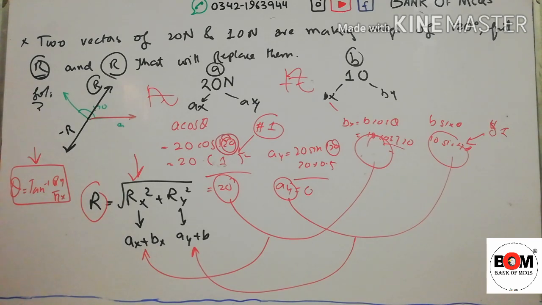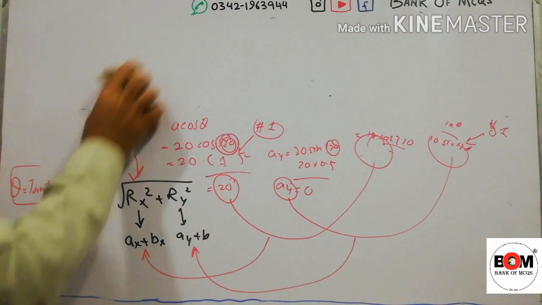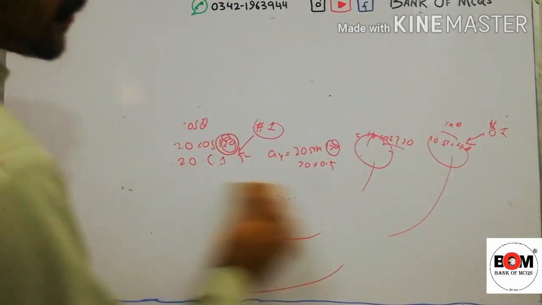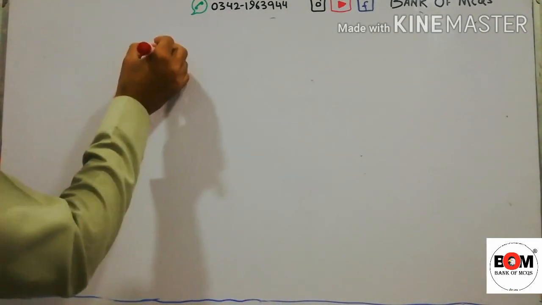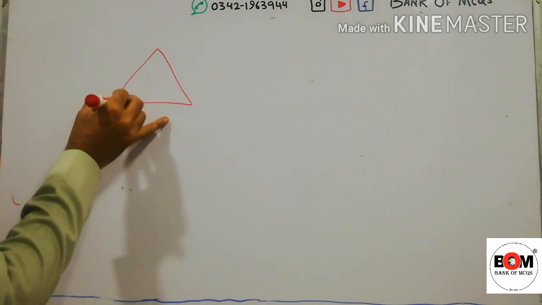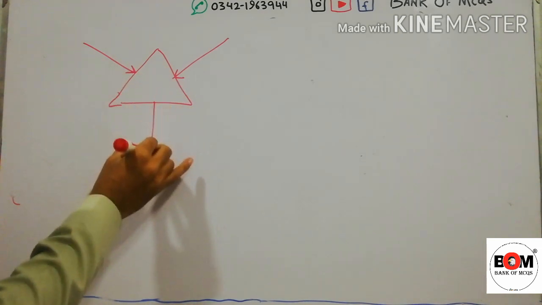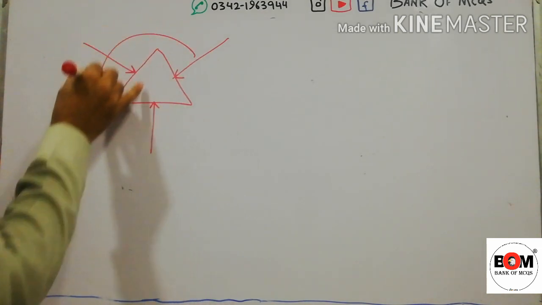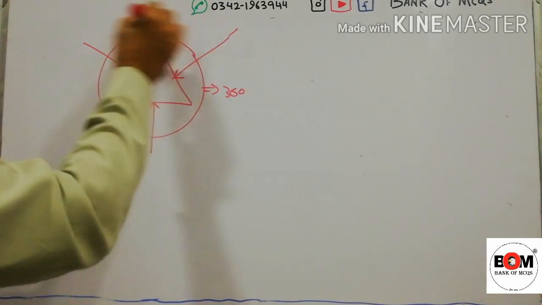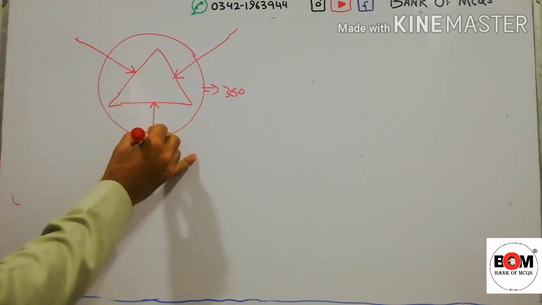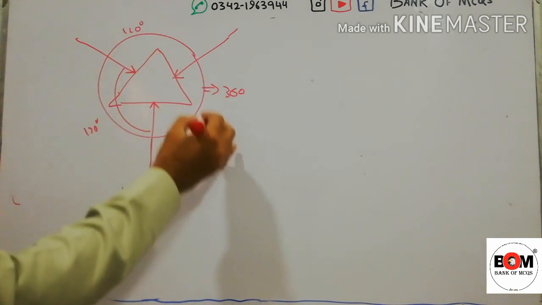Now the next is an MCQ that is important for the exam, that if we have two forces each of magnitude f and the resultant has the same magnitude, that is f. So if this is a triangle with forces acting on it, and three forces act on it, the whole angle is 360 degrees, and if these three forces are at equal angles, the angle between each pair of forces is 120 degrees, 120 degrees, 120 degrees.